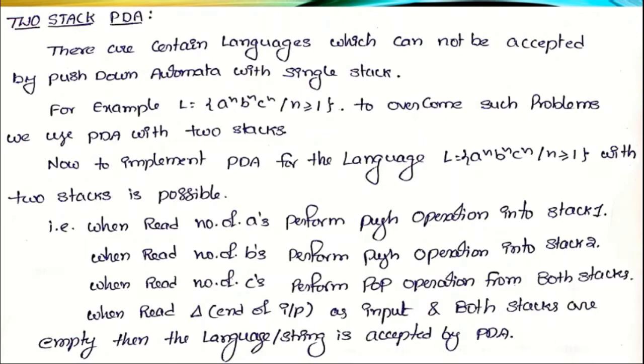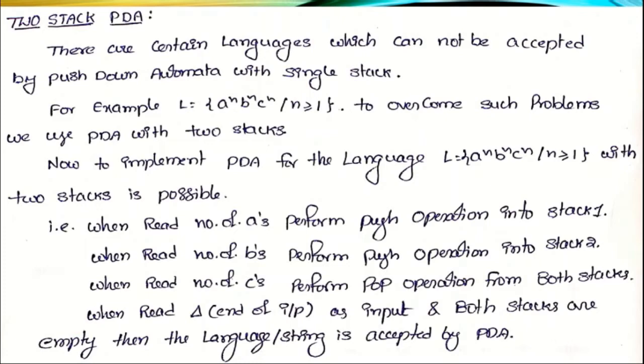That's why, with the help of two stacks, we can implement three-variable languages. In the same way, with three stacks we can implement four-variable languages. But the problem with two-stack PDA or PDA with more stacks is that allocating the memory at compilation time or execution time by compilers is a very difficult process. Whenever we use more stacks, it requires additional memory during compilation or execution. That is the problem when we use more stacks with pushdown automata.